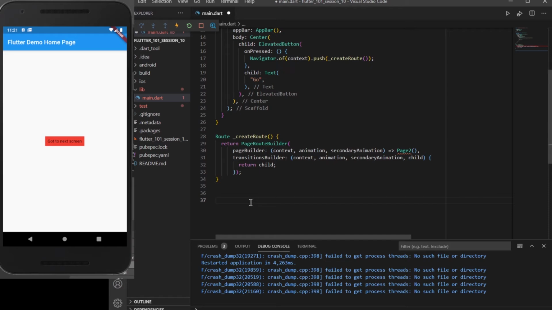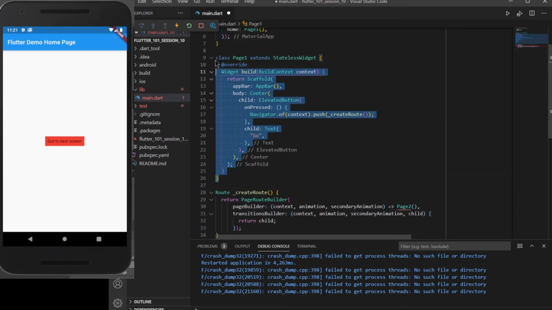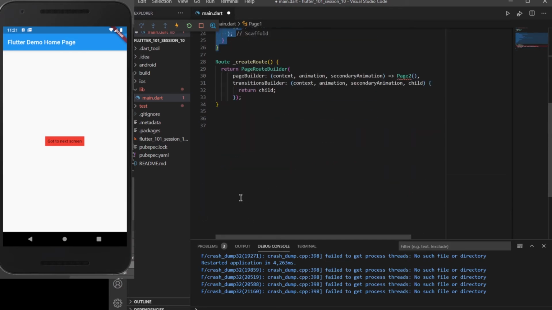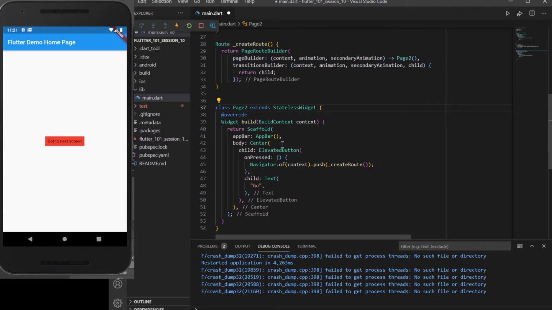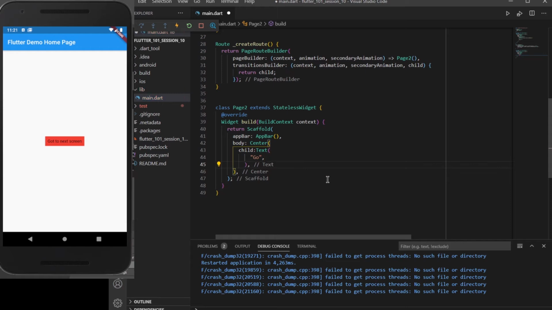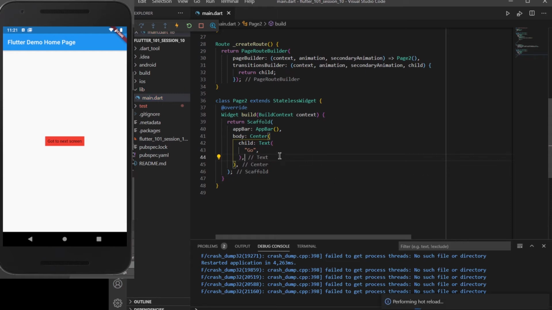Rather than making it, I can copy Page1, paste it here, and name it Page2. The AppBar will be the same, we'll have a Center inside it, and rather than an ElevatedButton, I'll cut this text out, cut this ElevatedButton, and in place of it paste this text. So it will say Page 2.